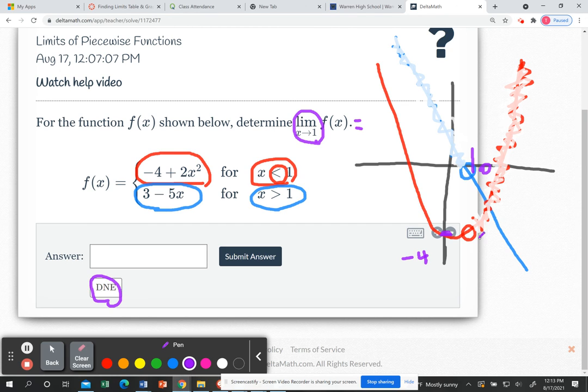So for you to do that, you need to develop your algebraic skills, which we're going to start doing tomorrow. But the last part is actually factoring. See if you can figure that out on your own. Alright, so go ahead and work on your Delta Math, and I'll post this video